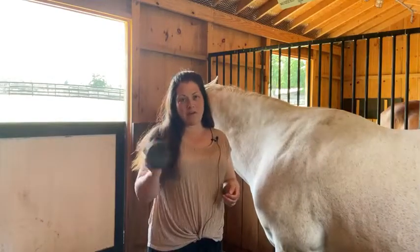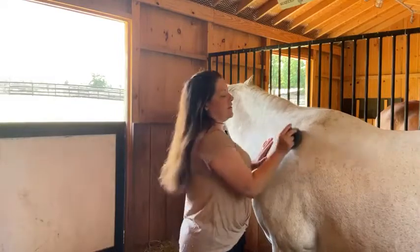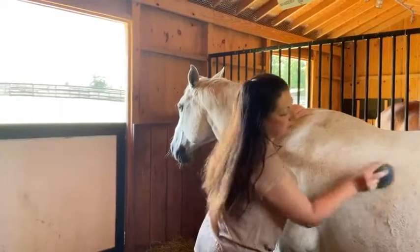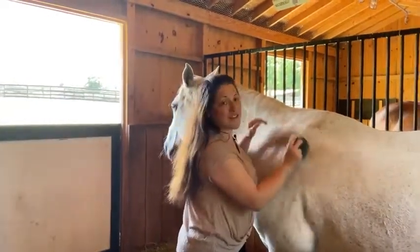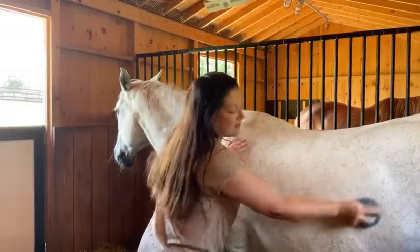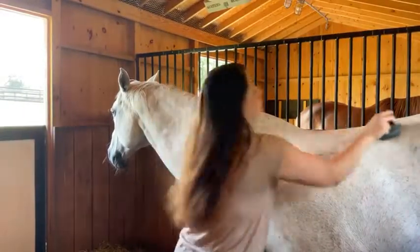This is my favorite type of curry. A curry is what you want to use first. Curry brush, and you use it in a circular motion. You don't want to be too hard, you don't want to be too soft. When you're grooming a horse, the important thing is to show your love through your touch, so that they learn to trust you. They learn your touch, they have your smell, they learn who you are, that you're not going